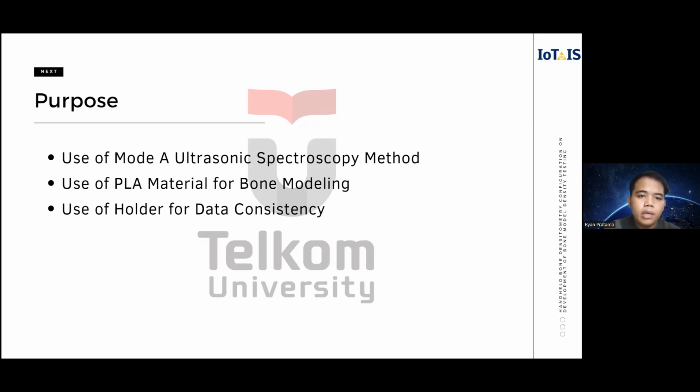Finally, we approach the goal of developing and using a holder to obtain consistent data during testing. Why is this the key in our research? The holder provides stability during measurement, reducing potential variability. And then this consistency is important to ensure the data generated is reliable and accurately analyzed. And then improving the accuracy of measurement results supports the validity of the study and the interpretation of results.